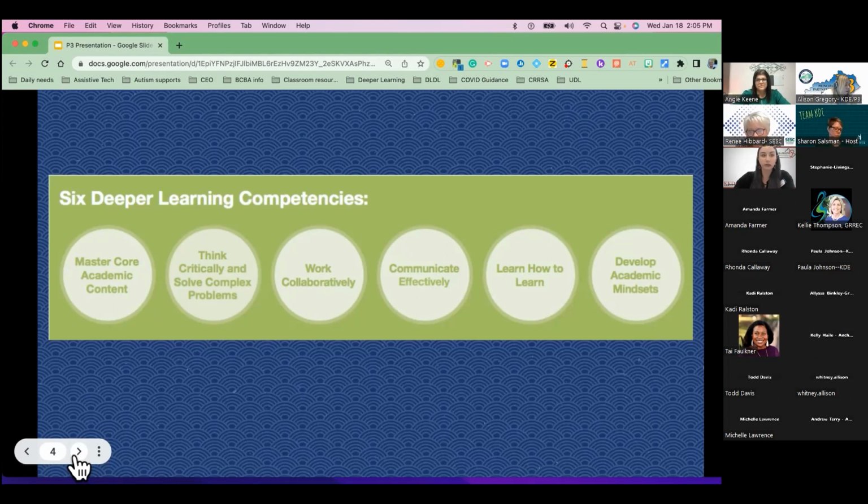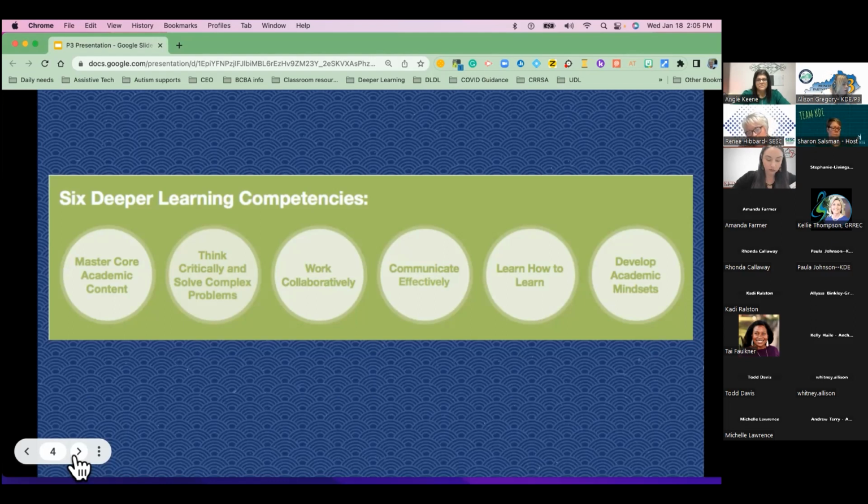The last competency, developing an academic mindset, just means that students develop self-confidence in their ability to learn and become persistent in goals and tasks, while seeing the relevance of learning in the classroom to the real world. Feeling a strong sense of belonging within a community of learners and valuing intellectual engagement with others is a critical component of deeper learning. Students become motivated to put in the time and effort needed to build a solid knowledge base and to accomplish important goals.